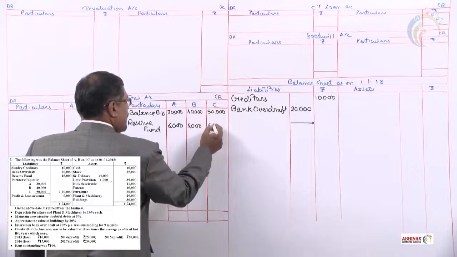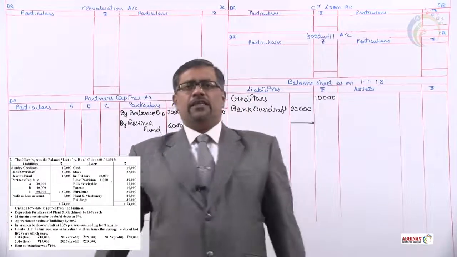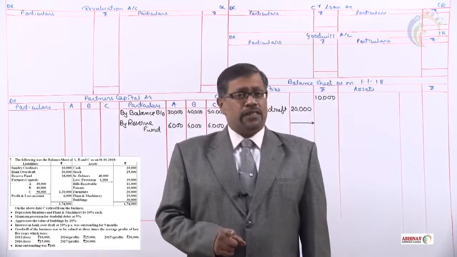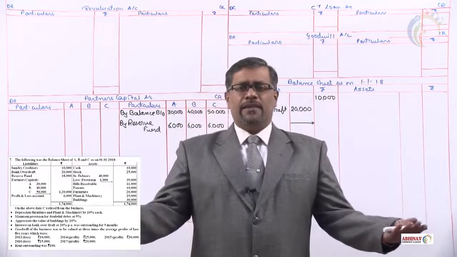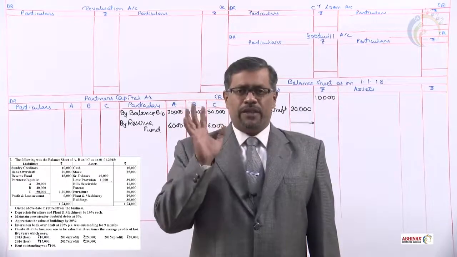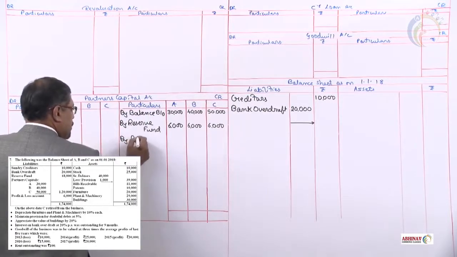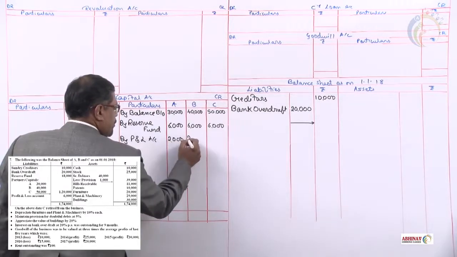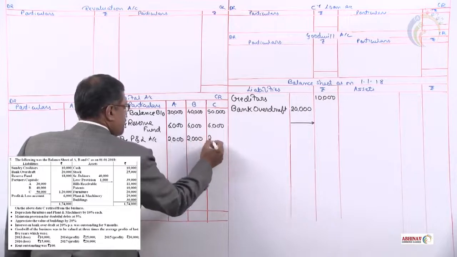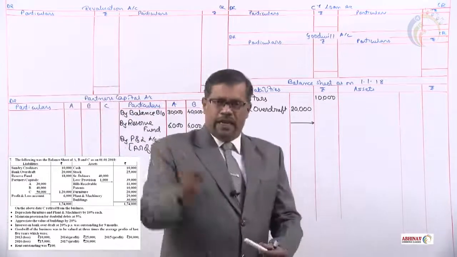Now, once we complete with these capitals and reserve fund, check out what is the next in the balance sheet. On the liability side, profit and loss 6,000. Liability side profit and loss is given. That means that is a credit balance. Credit balance means it's a profit. Profit will increase your capital balance by profit and loss account. It's 6,000. Distribution 2,000 rupees each. In brackets we will specify as profit. That's all with the liability side.